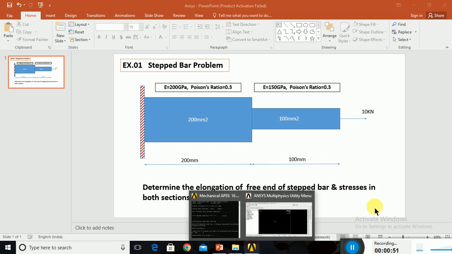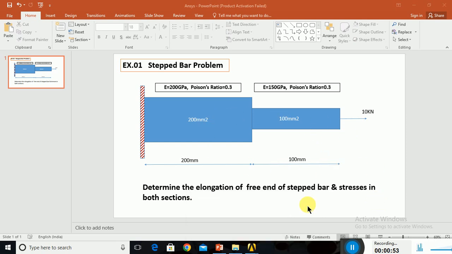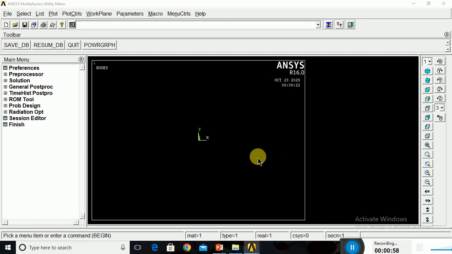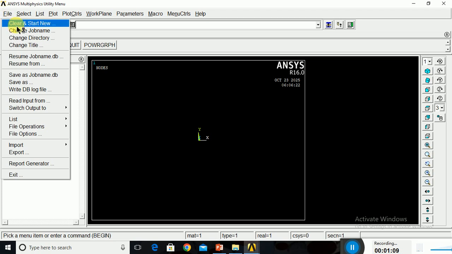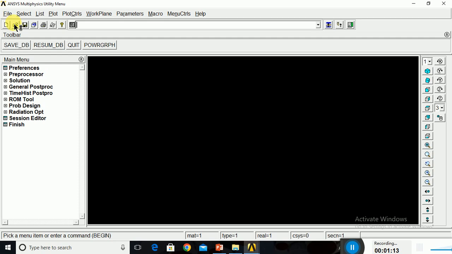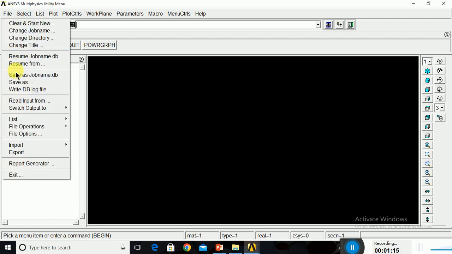In ANSYS APDL, first we have to create this model. This is the user interface for ANSYS 16. To start the analysis, go to File, Clear and Start New. Then save as the project.